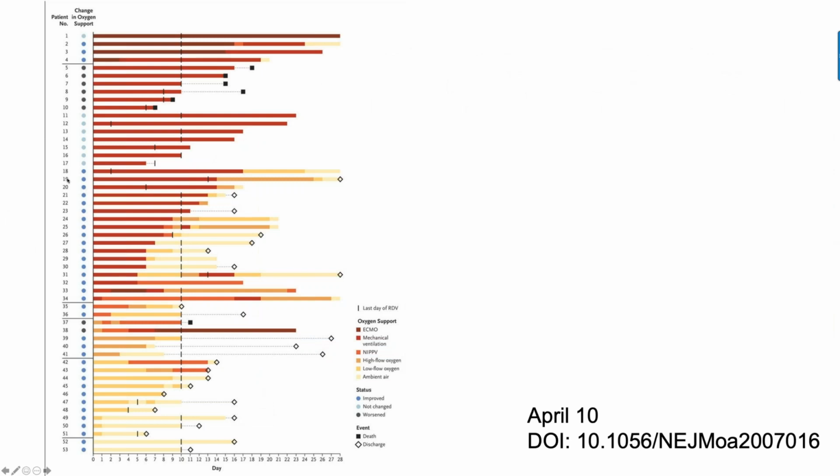There are some limitations here. If you look at all 53 patients who were evaluated in the study, these represent invasive mechanical ventilation in the red. Some of these are dark red, and those are patients receiving extracorporeal support, and these in the yellow are non-invasive. A few things come out of this. First, these bars represent a full course of therapy, 10 days of therapy when they finish. You can see that many of the patients did not receive a full course of therapy.